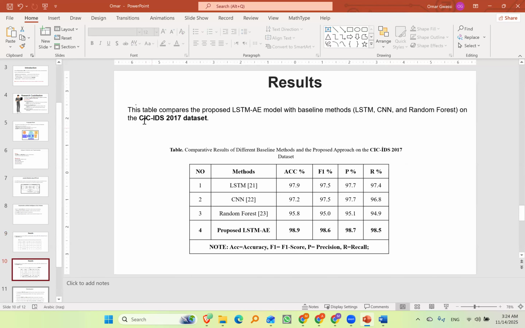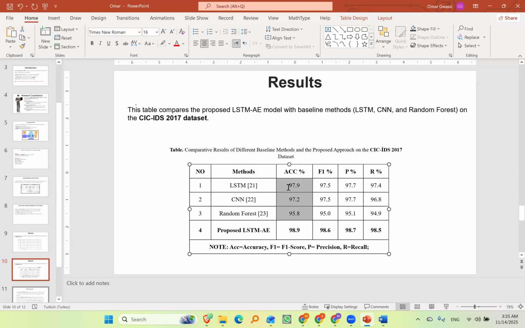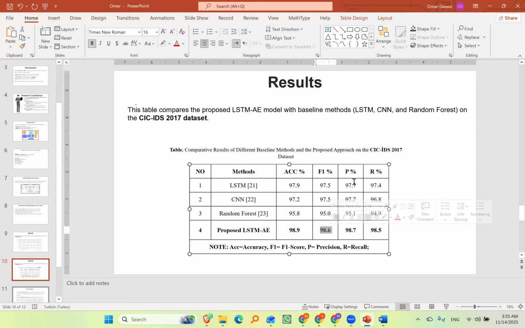For the second dataset, CIC IDS 2017, this model achieved very good accuracy of 98.9, also higher than the baseline methods. Same for the F-score as shown here, and precision is also higher than the baseline methods. Same for the recall. And the conclusion